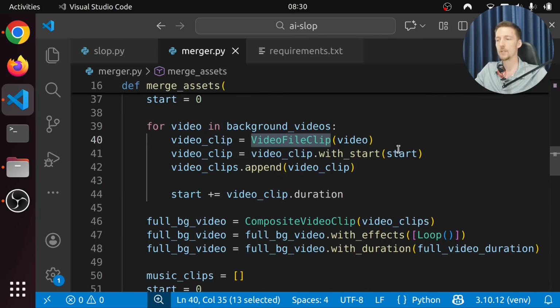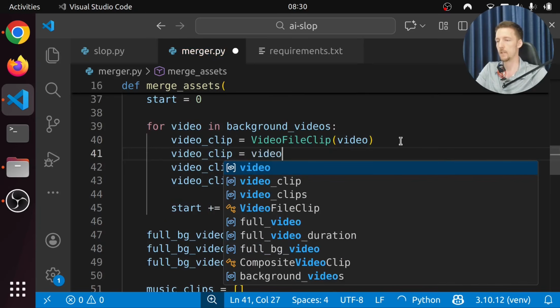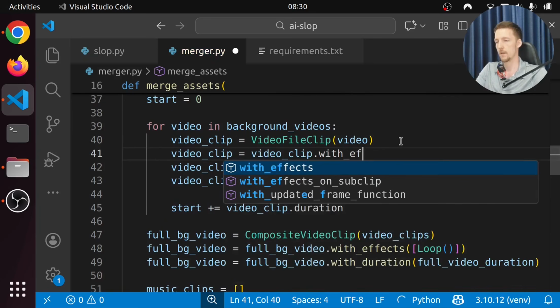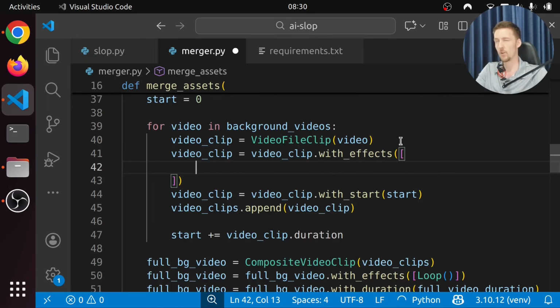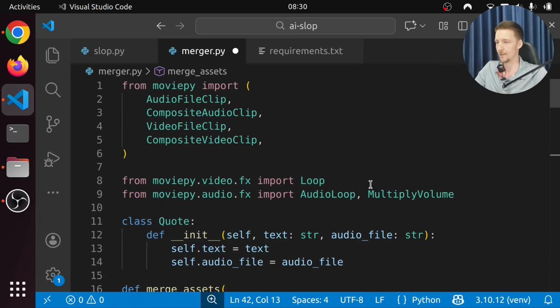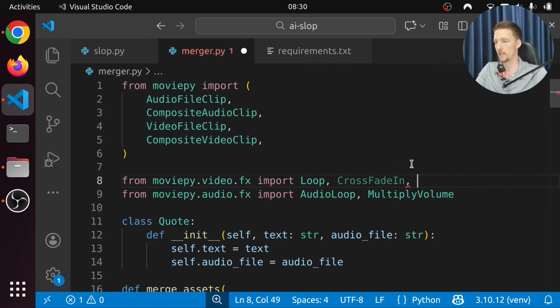We can add to each video clip. Let's say video clip is video clip with effects. And there's an effect called, let's see what it's called. In video, there's a fade. There is crossfade in and crossfade out. So this is what we need, crossfade in and crossfade out.